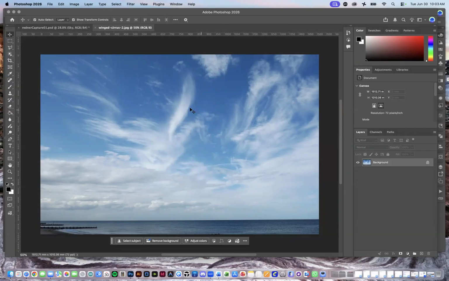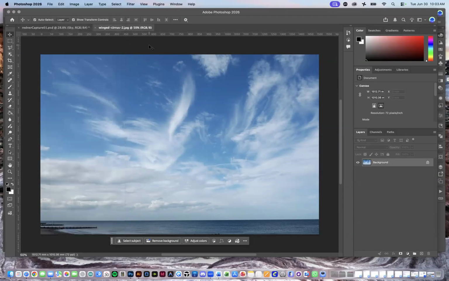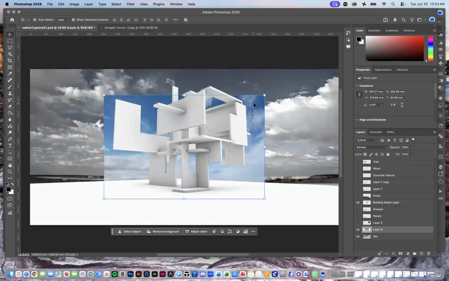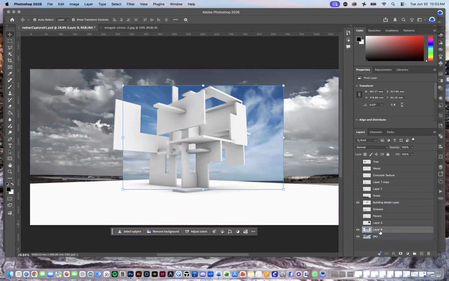So let's say I start with the sky. Again, I can just simply say Edit, Select All. Well, I'll just start getting you used to the keyboard shortcuts. I'm going to say Command, but for those on the PC, it's Control. Command A selects all, so it's like A for all. And then Command C to copy, and paste is Command V, just like you would expect from anything else. And now I have this, and it's putting it on a different layer,